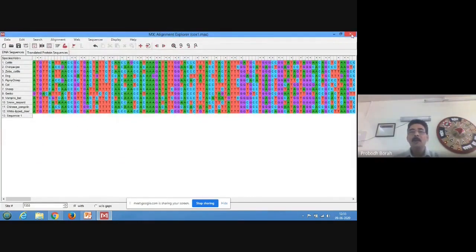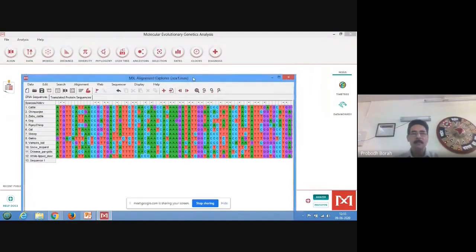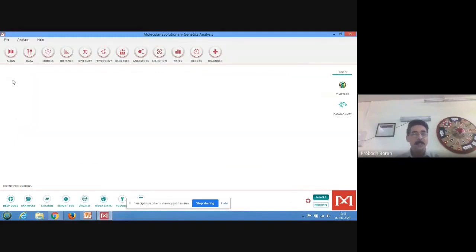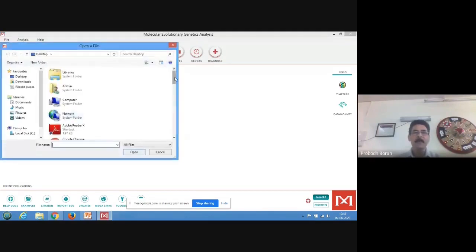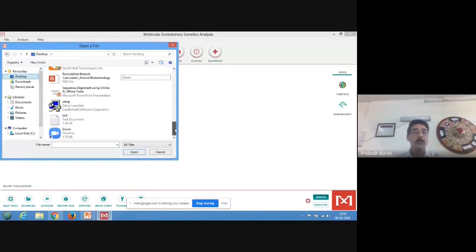Now this is the window for alignment. With this, we cannot go for the phylogenetic analysis. So either we can restore it down, then go to phylogenetic analysis directly, or we can close it, then bring back the MAS file to go for phylogenetic analysis. So we'll close the file. Then now again reload the phylogenetic analysis file. Okay. So for that, you'll go to File, open a file or session. Then go to desktop, because already we have kept the MAS file on the desktop. So what is the MAS file?